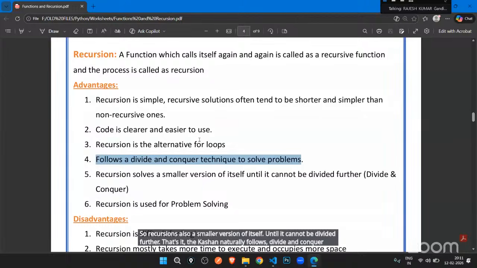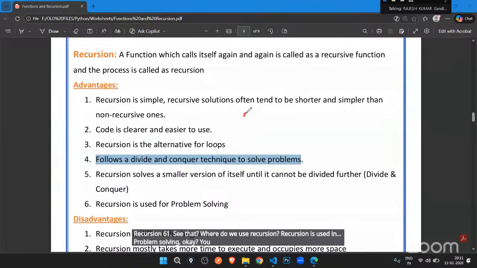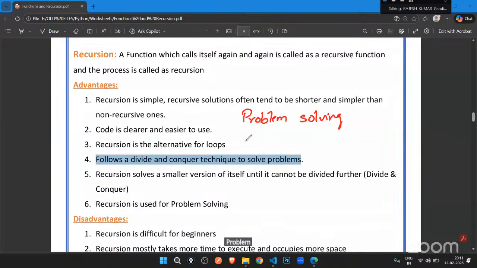And where do we use recursion? Recursion is used in problem solving. You see, there are two things people are a lot confused about. First, we have something called problem solving. We have something called programming.